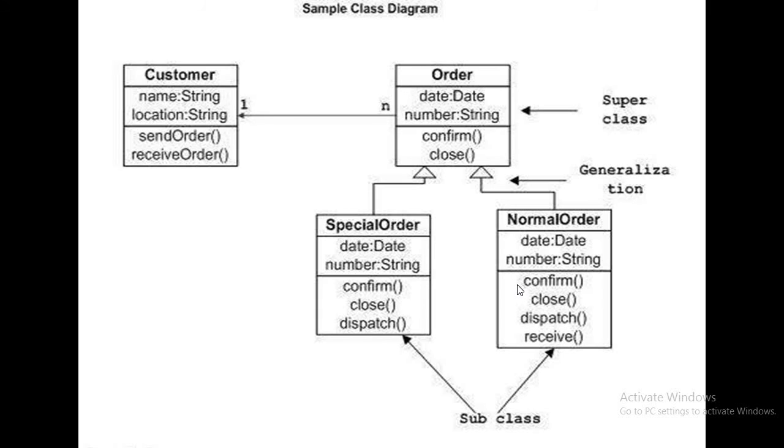Concrete methods are present. Abstract method means the method does not have any body. Concrete methods mean normal methods; methods have some body. What is the difference between abstract methods and concrete methods? Abstract methods are the methods which do not have any body. Concrete methods are the methods which have some body.